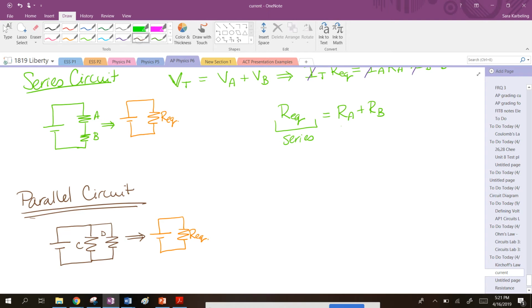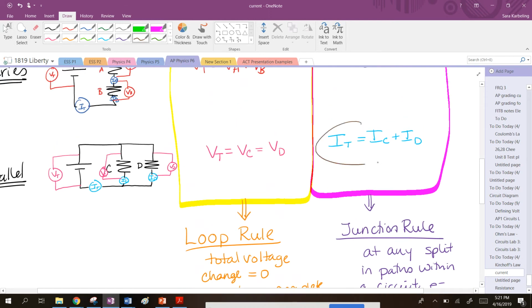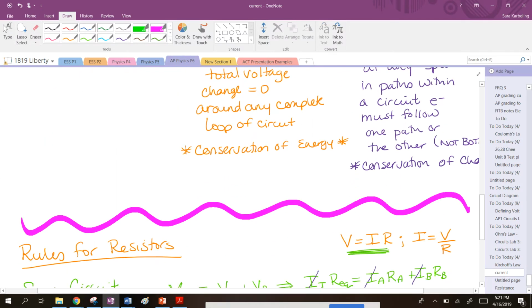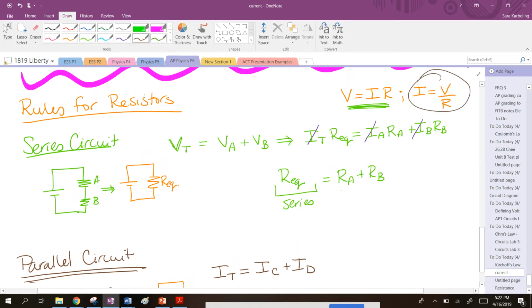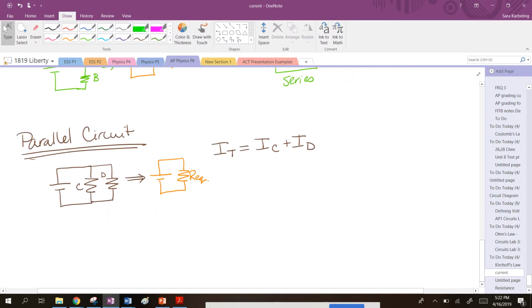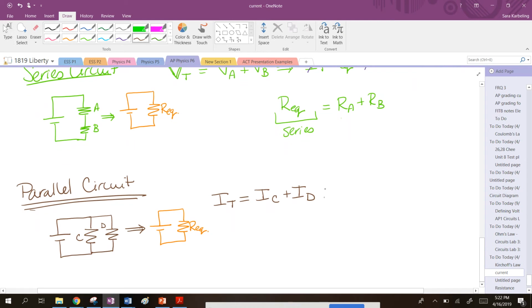So I'm going to say that I total must equal IC plus ID. And that, just a friendly reminder, comes right from up here, okay? That was the relationship that I had for my currents in parallel. So down here again, we remember that I is equal to V over R. So everywhere I see an I, I'm going to change it to a V over R. So here we're going to say that the voltage total divided by the equivalent resistance, because that's again what we're trying to find, is equal to